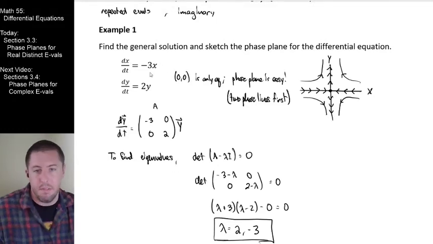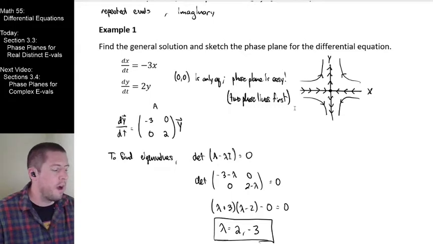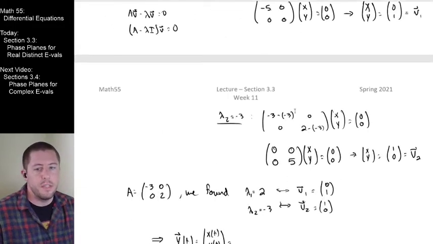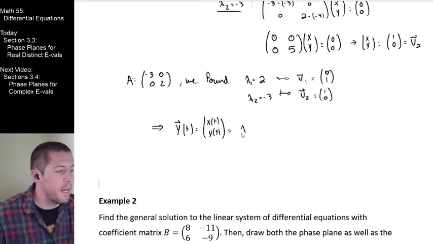You're going to get e to the negative 3t for the first. You're going to get e to the positive 2t for the second, including a constant coefficient coming out from integration right there. We knew these solutions just from separation of variables from day one of this class right here. So remember that we're always going to be getting here lambda 1